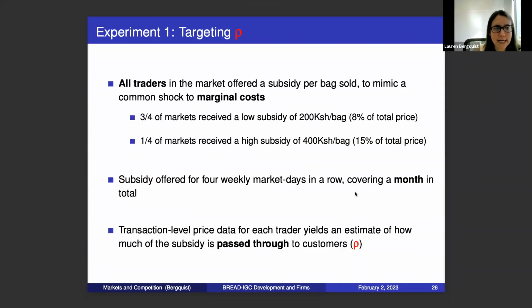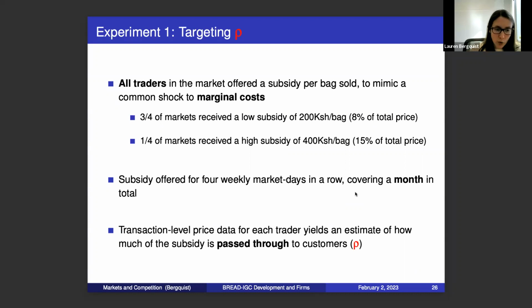Okay, so let me tell you more details about each of the experiments. In experiment 1, we're targeting this pass-through parameter. So how did this work? We randomly selected markets, and in those randomly selected markets, we offered all traders in the market a subsidy per bag sold. Okay? And the goal here, again, is to mimic a common shock to their marginal cost. So we offered all traders in a given market the same subsidy level, but there was randomized variation across